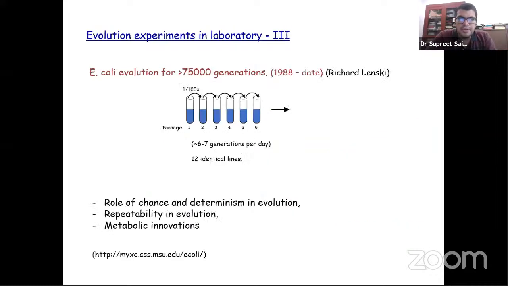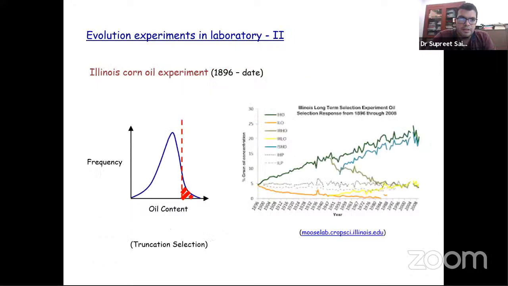The third lab experiment that I want to talk about is actually the longest evolutionary experiment in terms of number of generations that are processed. The previous one that I talked about is the longest that I know of in terms of the time that it's been going on, 125 years now. But in an evolutionary context, the relevant time scale that we are interested in is not how long the experiment has been going on in terms of magnitude of time, but in terms of how many generations have we processed.